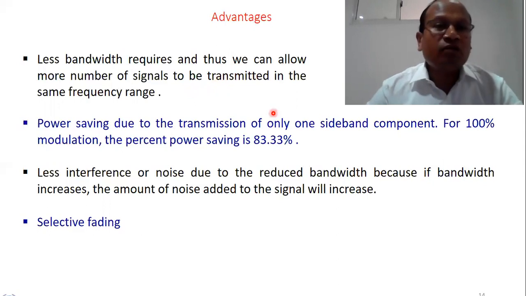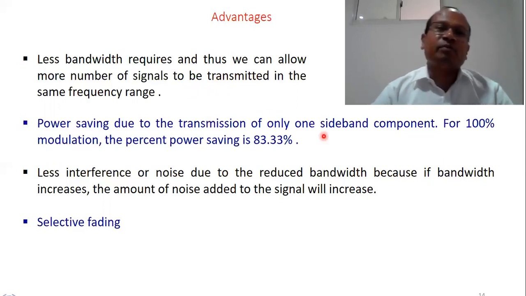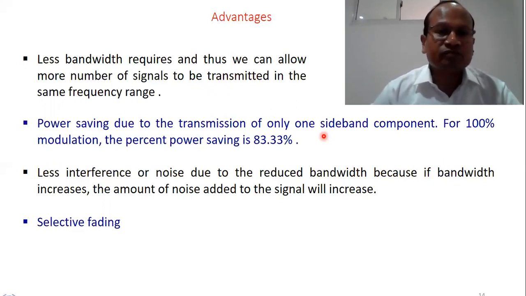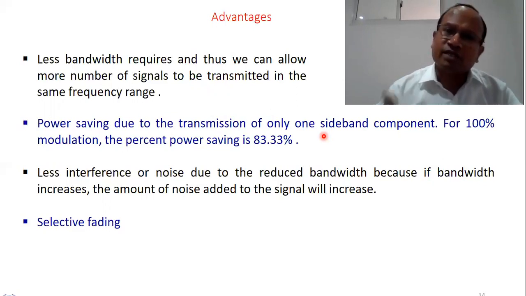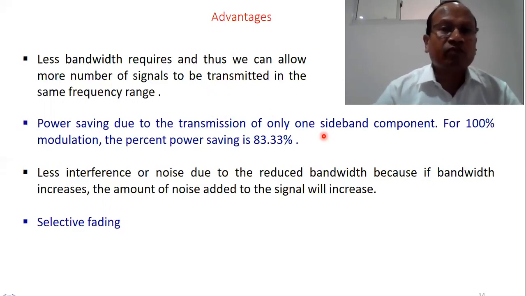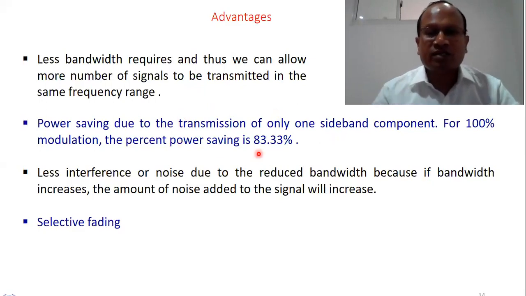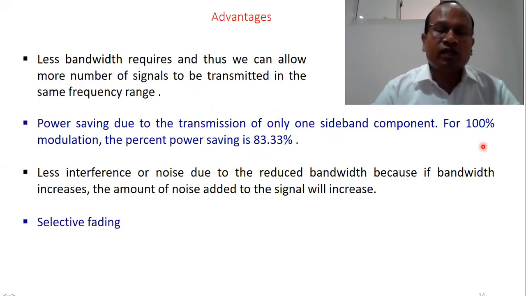What is next? Power saving due to transmission of only one sideband. This point we also saw when we were comparing DSB and SSB. There is power saving because only one sideband is sent, and when we do not send carrier, carrier power will also be saved. So we can save the transmitted power considerably. For example, 100% modulation, a numerical problem we discussed in the previous lecture. When the percentage modulation is 100%, modulation index is 1, the power saving is